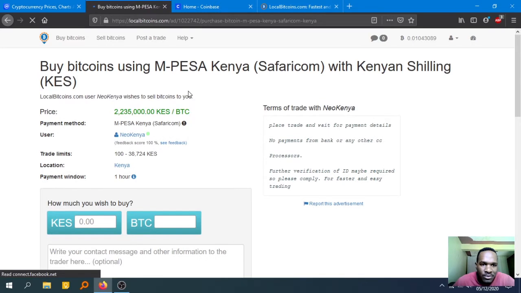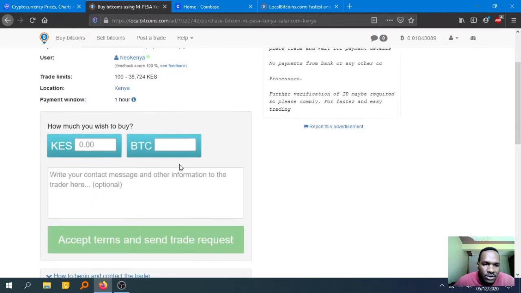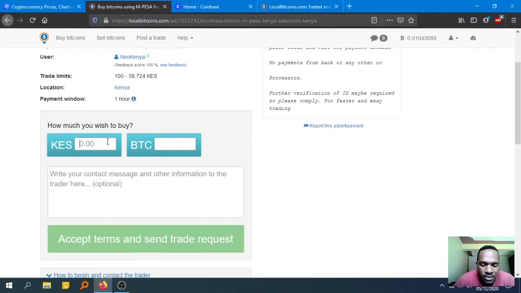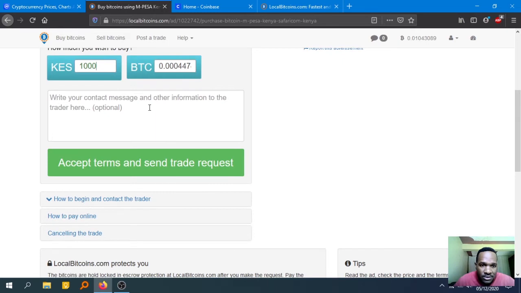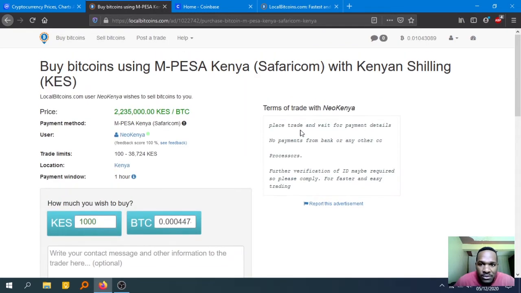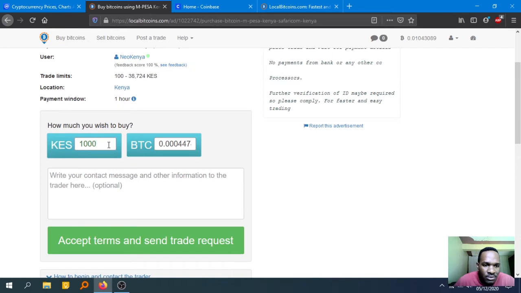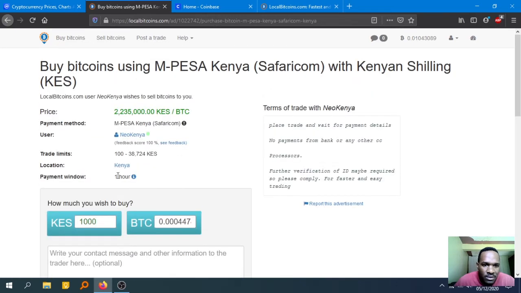Then when you come to this page, these are the details that are provided for that person, for that transaction that you're going to make. So what you need to do is to enter the amount you want to spend. I want to spend 1,000 shillings. This shows the number of bitcoins I'm going to get. This is an optional message you can add, but not really necessary. So what you need to do is just to add the amount you need to spend, which must be